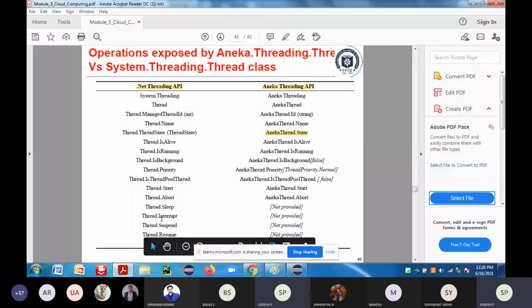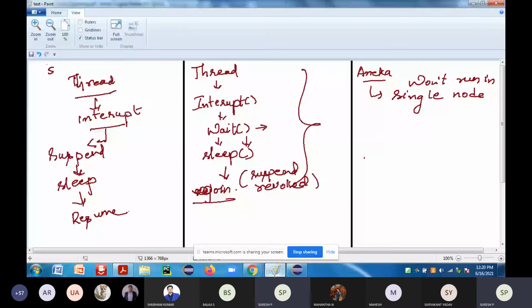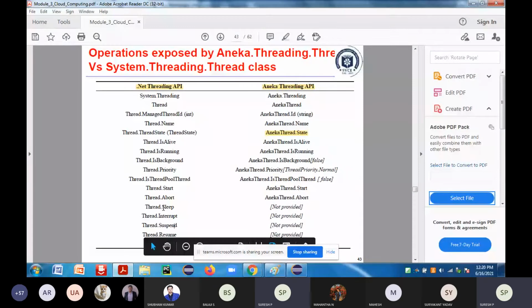All these APIs are related to interrupts only, because whenever the thread is running and the interrupt comes, whatever thread is running in that particular node, I have to suspend it. After suspending that thread, next I have to send it to the sleep state.